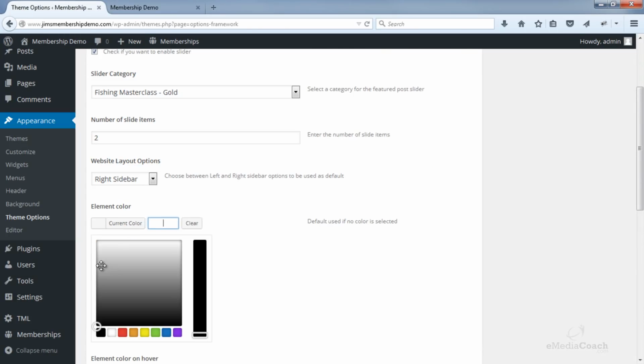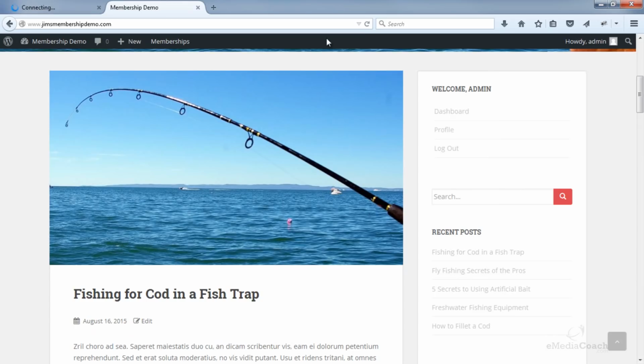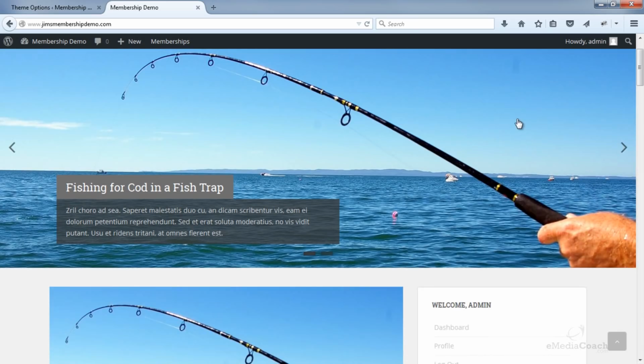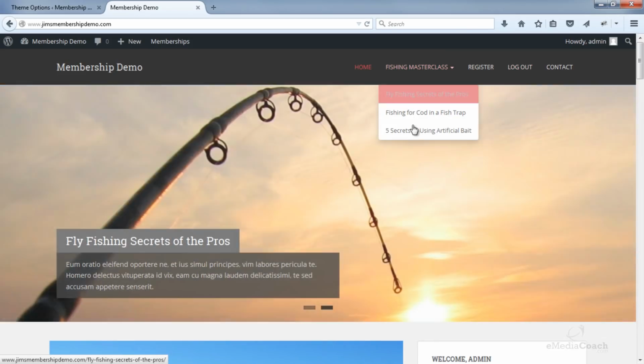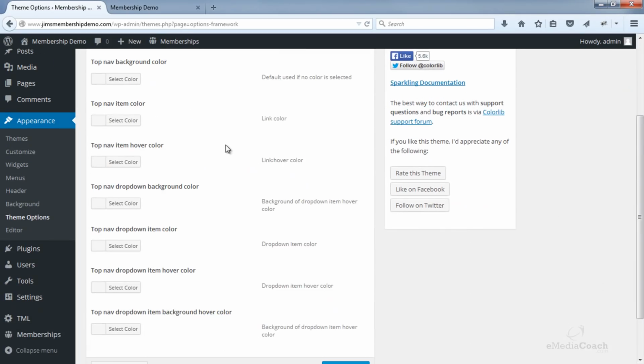So let's change that to something a bit nicer, say a grayscale. Let's try that. Cool, that looks a lot nicer already. And then I can change the hover state of these items here as well. So if you go into the header tab, there are two things you need to change.